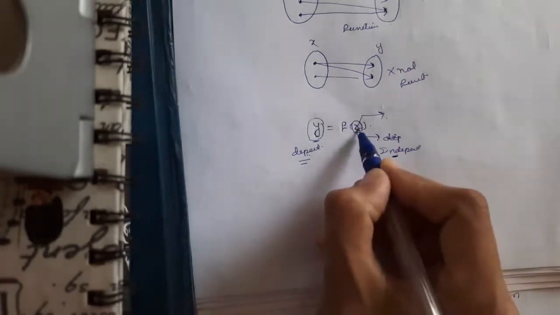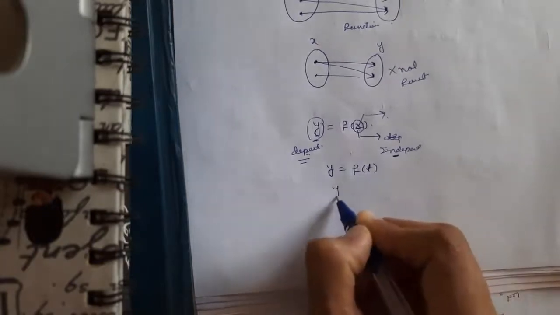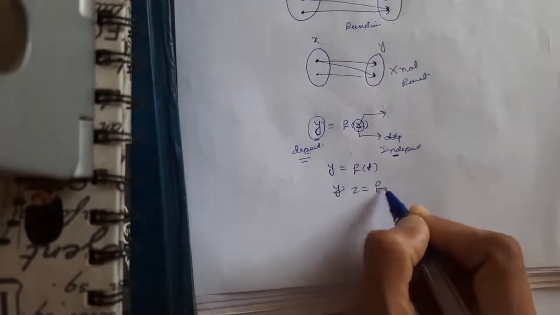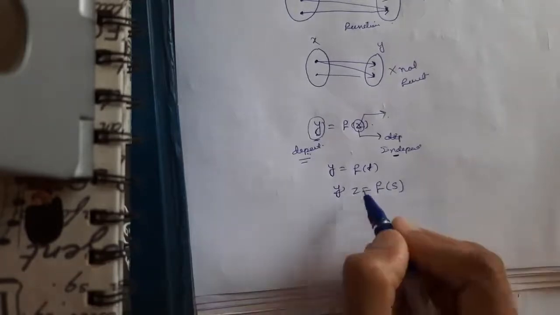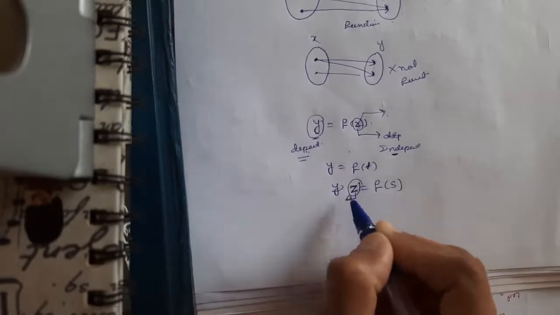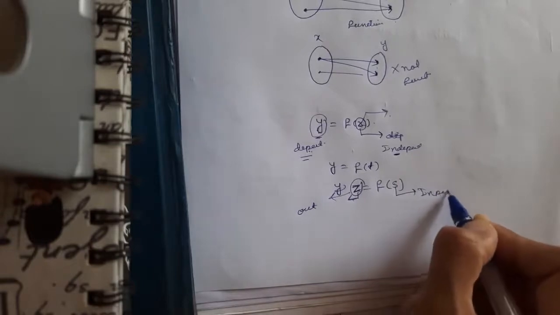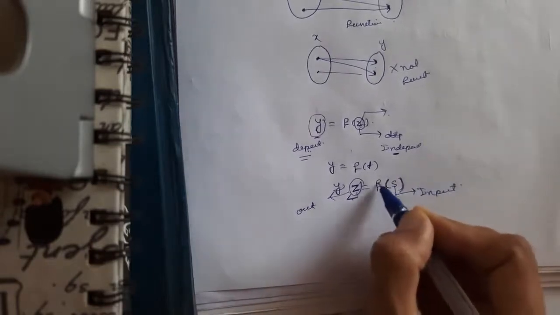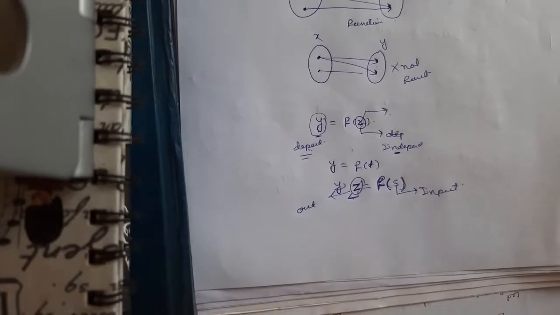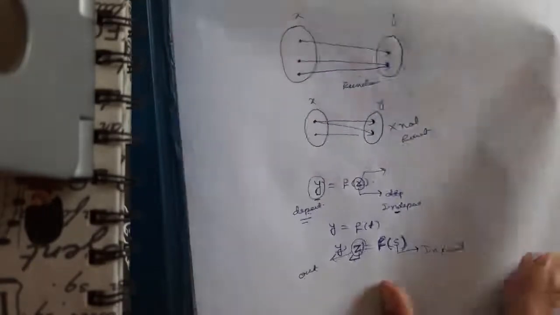That's why it is called the independent variable. Now this x is just a placeholder. I can write any letter here, y equals f of t or z equals f of s. So this is the dependent variable, this is my output and this is my input. Input I am always going to write in brackets, and this f is the relation that I am defining. Okay, so now I'll show you a few examples of functions so that you understand it well.